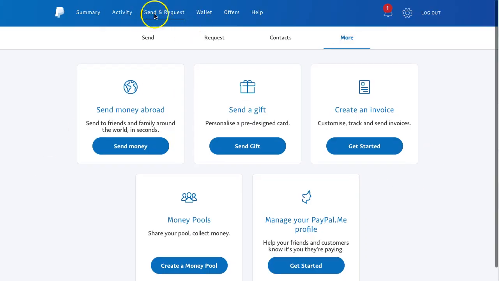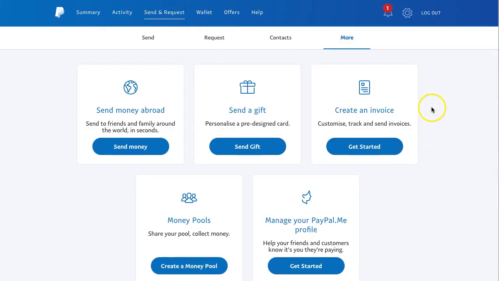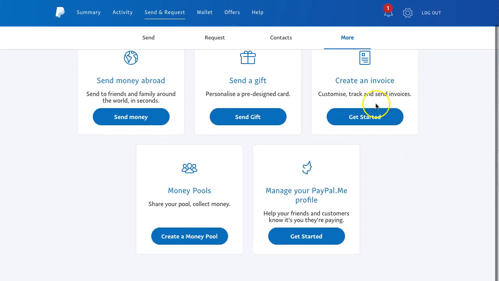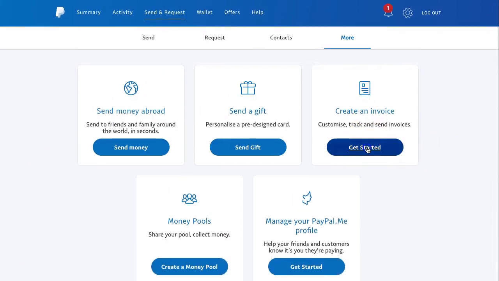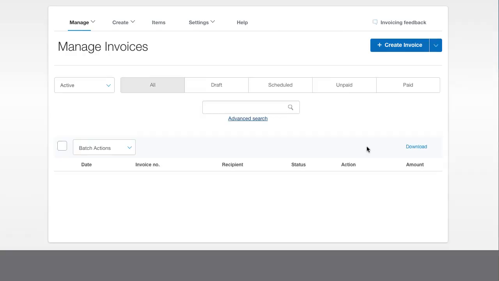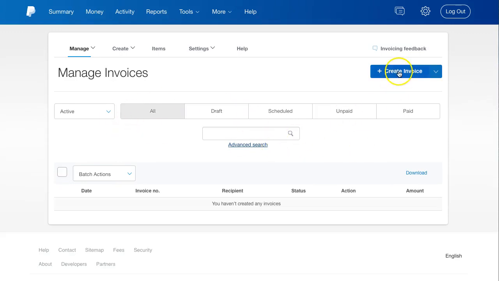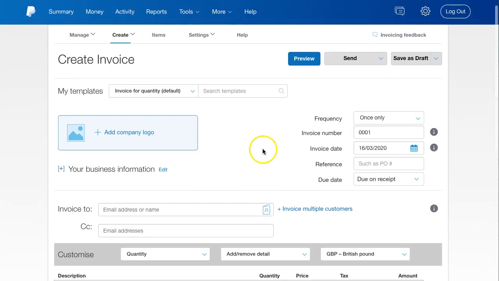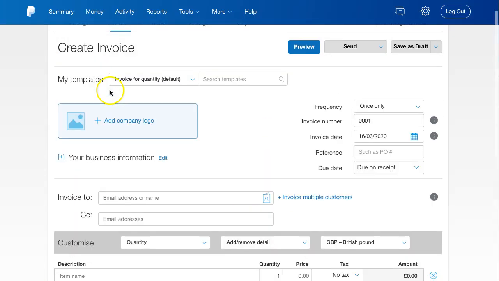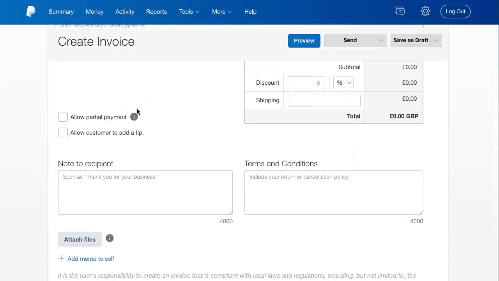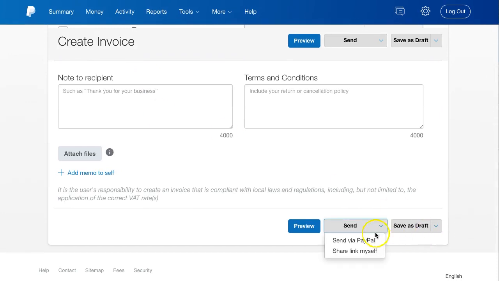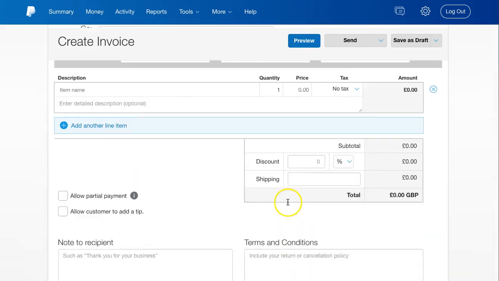Okay, so if you click on send and request in PayPal here, you will see it gives you an option of create an invoice. That's one way that you can get payment, where you can actually put in your specific amount. So you literally just click on here, you can create an invoice, fill it out with all the information that you want. You can even add your company logo, stuff like that. And then when you have done it, you can send it. So you can send it via PayPal, or you can share a link